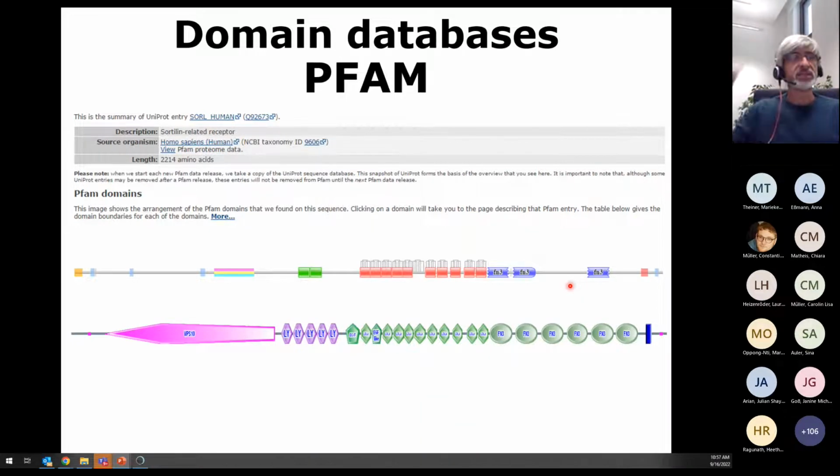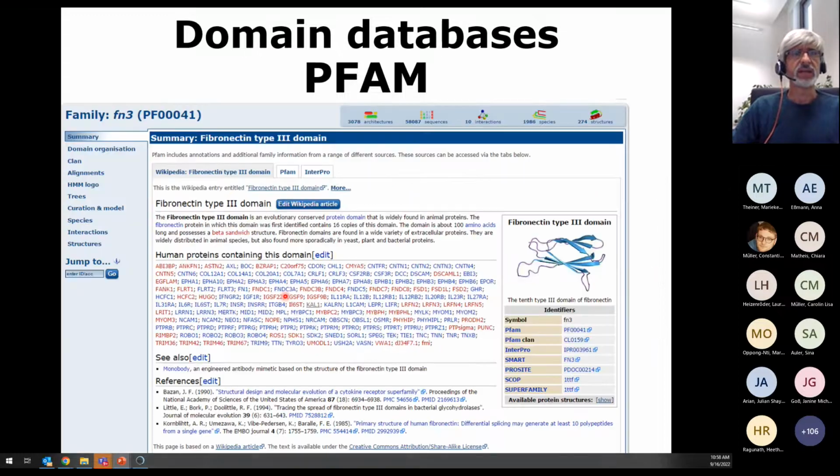And in this case, with this database, I obtain more domains and less with this one, but sometimes maybe the opposite. So if you are really, really interested in a particular protein, it may be interesting to try several of these databases. And then more details about PFAM: the structures are linked to Wikipedia,